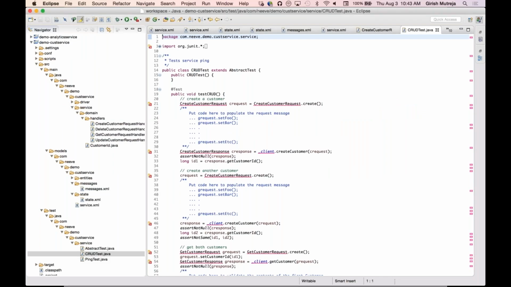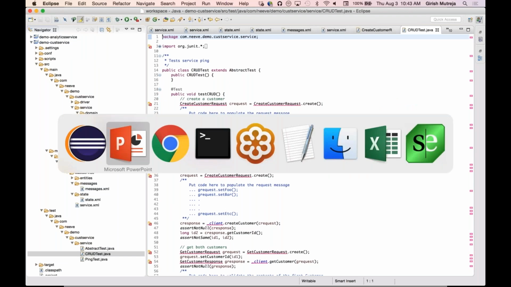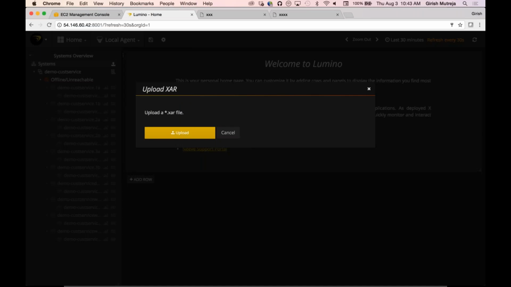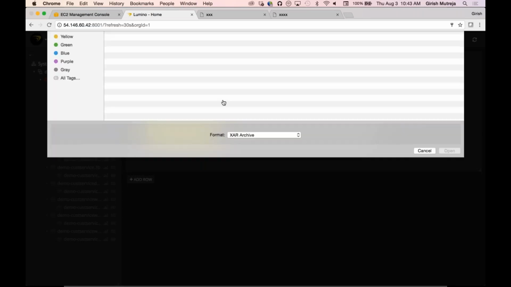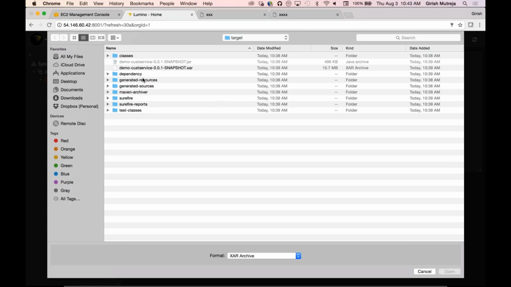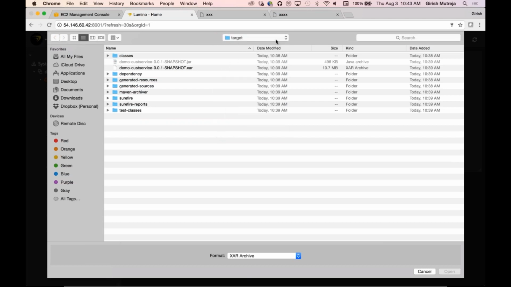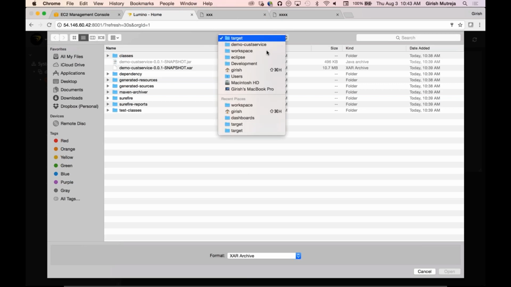So Lumina is effectively a tool that allows you to launch these services and run them in a centralized console. I'm just going to upload the other two services that we have, which is the pricing service and... where is it?